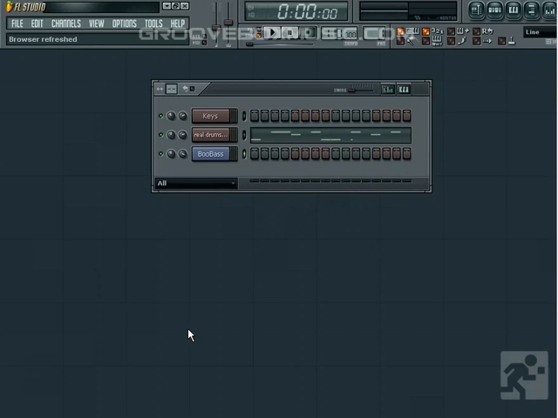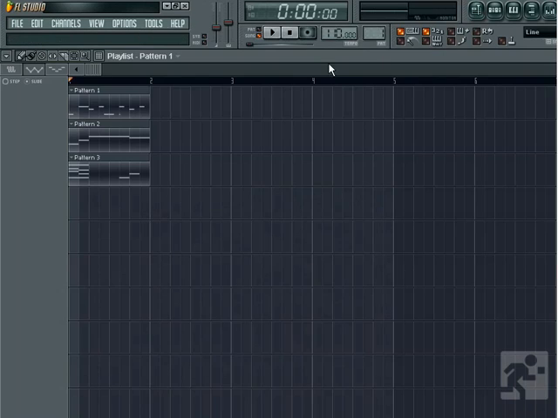I want to take a minute to talk a little bit more in depth about editing. When I say editing, what I mean is how you manipulate your project. I've already mentioned some of the tools, such as the pencil, paint, and slice tools, but we also have the slip edit function, which allows you to move around your music within the playlist to get it exactly where you want. Slip editing is a very powerful tool and gives you the precise control that you need to make changes